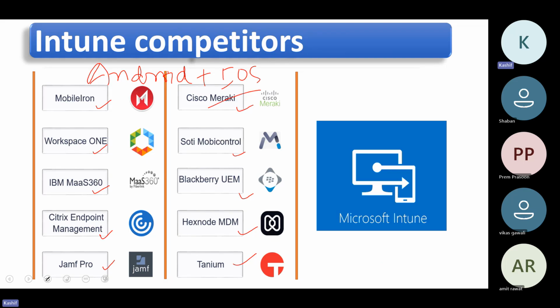But Intune can manage Windows devices as well. Windows plus Android, plus iOS devices, right? Plus